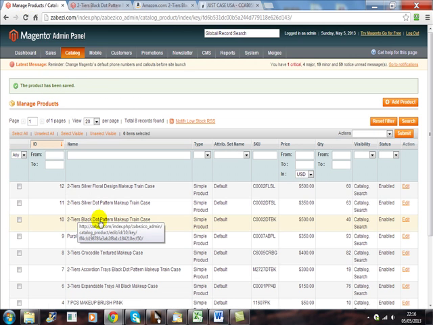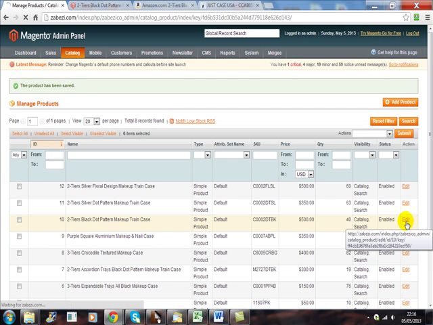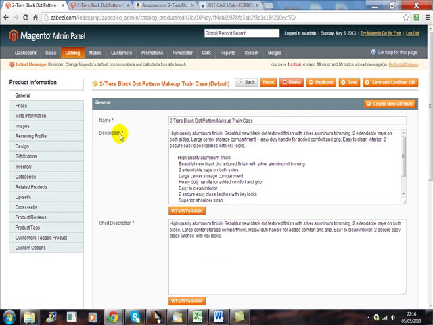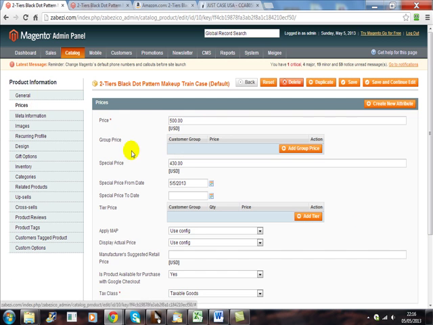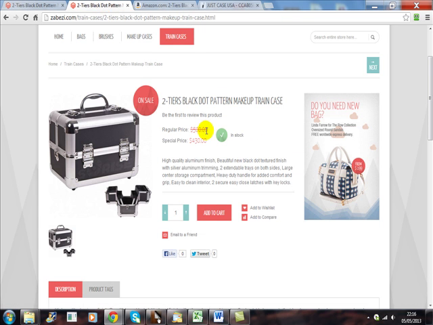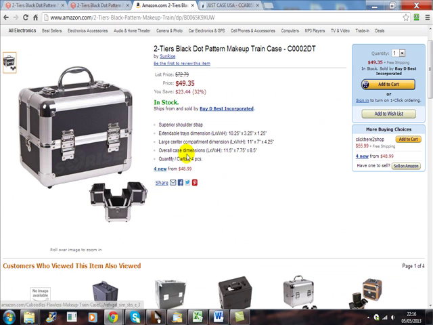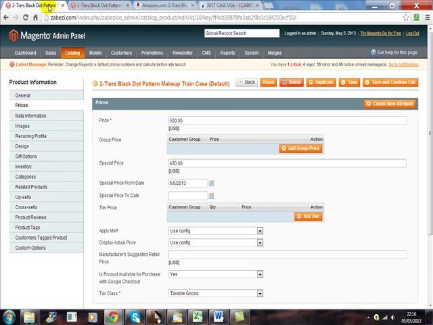So if we come back to this one again, let's look at the pricing. The next thing we look at is prices. Now we've just put in, as you can see here, $500 to $430. We want to change that now because we saw this was actually selling for $49.35, list price $72.79. So we could change that now, and we could call this price, let's say, $73,